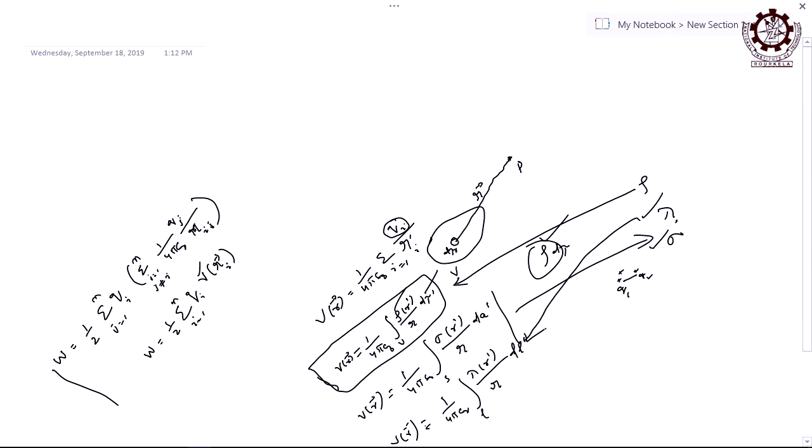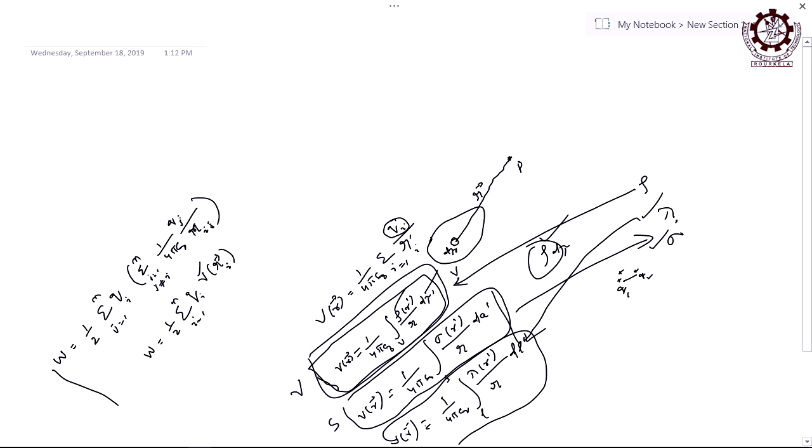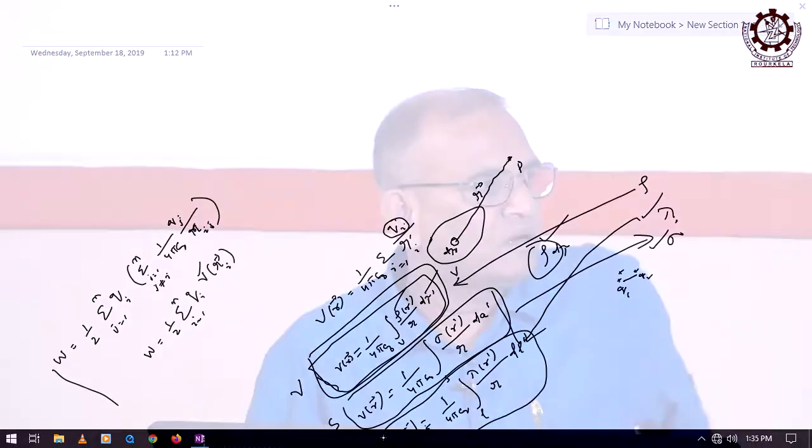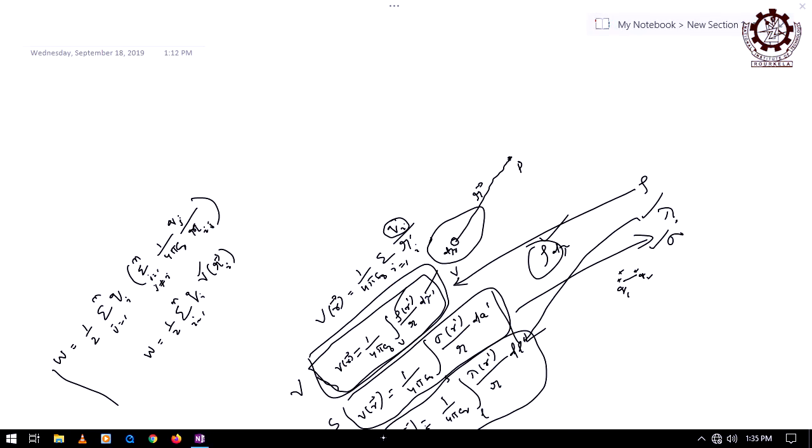For linear charge distribution, this is the relation. For surface charge distribution, this is the relation, and for volume charge distribution, this is the relation. These are the three: this is for volume, this is for surface, and this is for linear. Only the integration limits are different. If volume integration, if surface integration, if linear length integration, path. So, accordingly you have to change only the densities and the integration over what. If it is volume, then volume integration, if it is area, area integration, and this is the path integration, length,